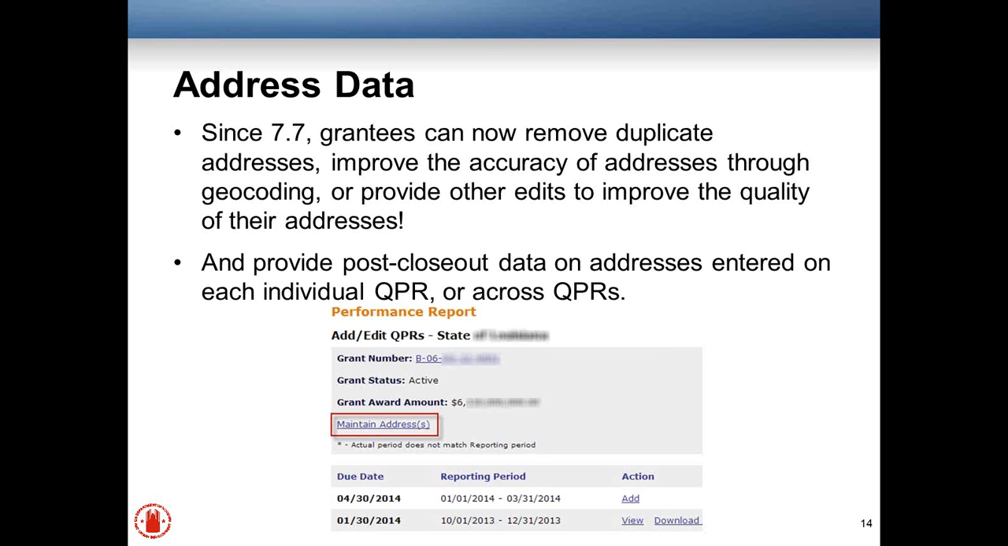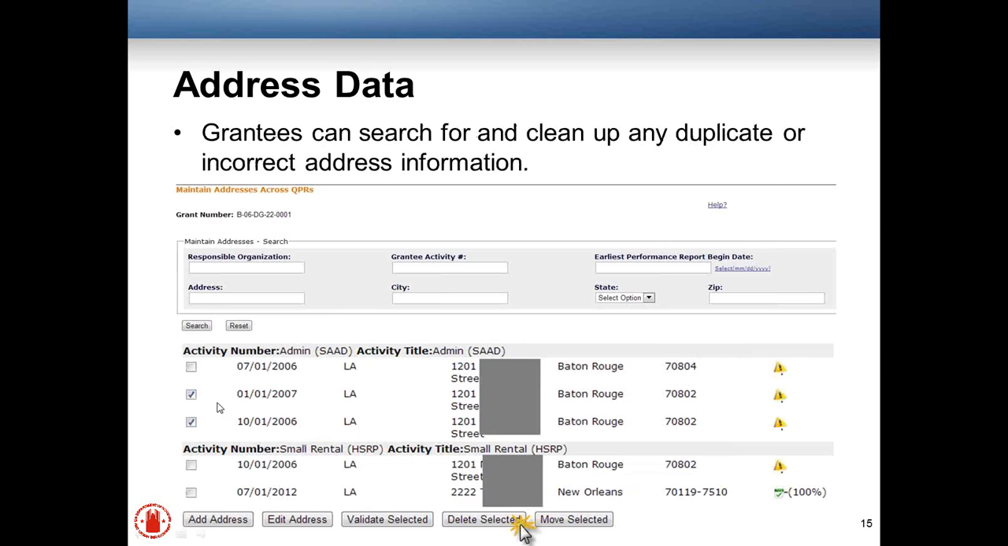Rather, if you see there's a maintain address link, that allows you to look at addresses across all QPRs. If you do that, then this screen opens up. Here's a screenshot for you based on the 7.7 release. And this then allows you to search addresses. If you want to narrow your search to a specific responsible organization, maybe you're doing some final reconciliation against developer X or subrecipient Y, then you're able to search for that responsible organization and see all the